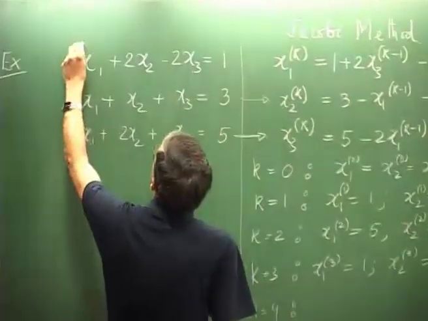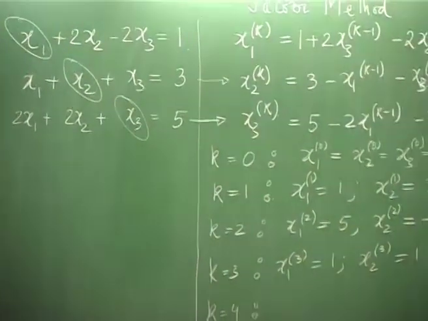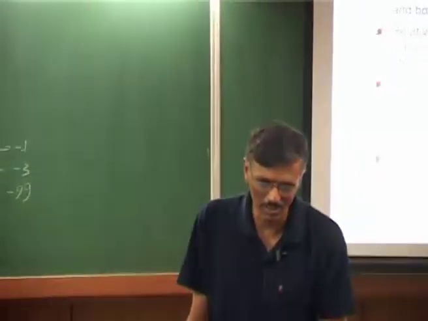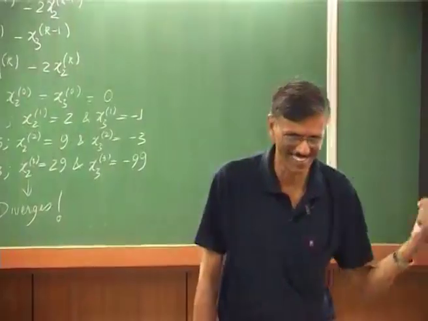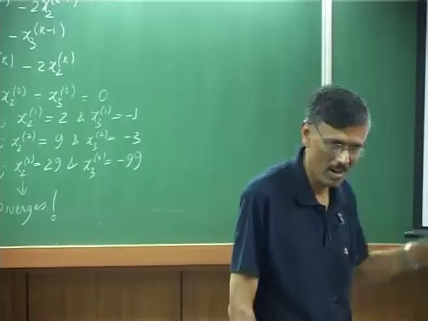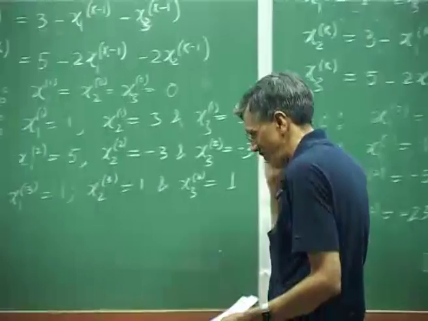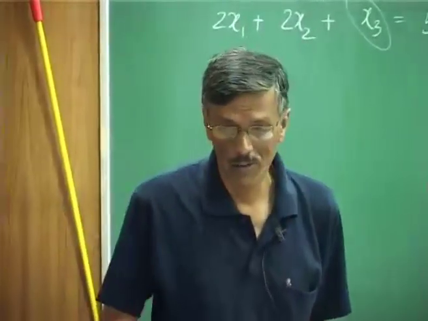The way we have written it down, these are the diagonal entries of the 1, 1, 1. And you can see the off-diagonal terms, their magnitude dominates over the diagonal entry. So you don't have the diagonal dominance. So of course this theorem does not work. Our initial conditions, the starting requirement of the property of A matrix, are not satisfied. So we are not going to make use of the Stein-Rosenberg theorem,